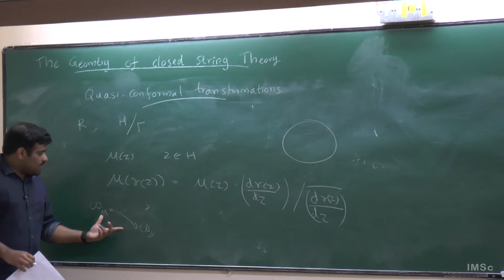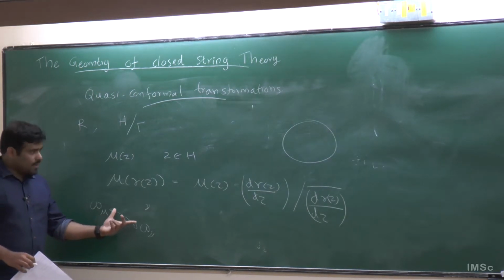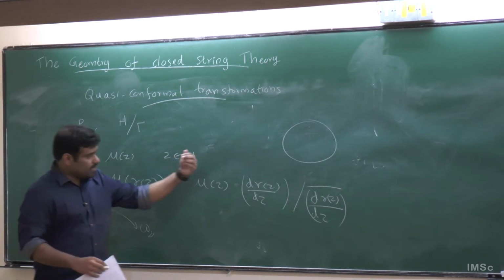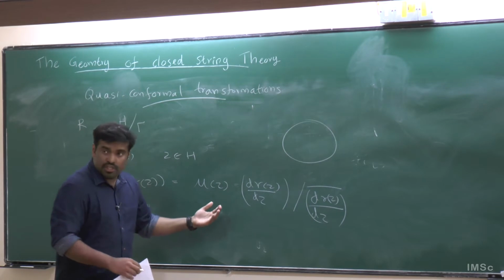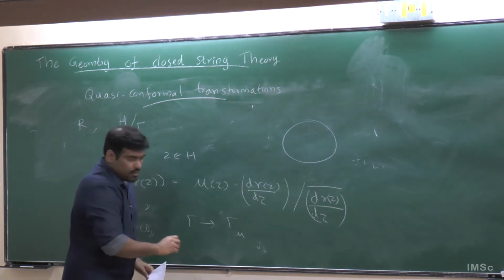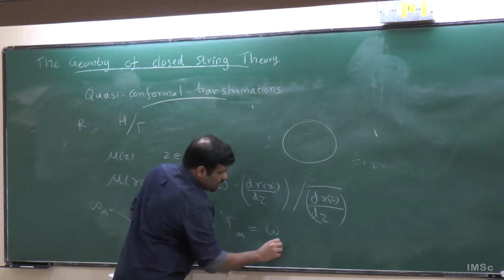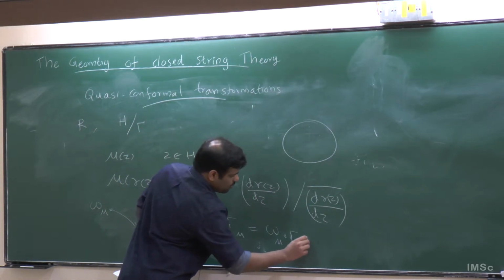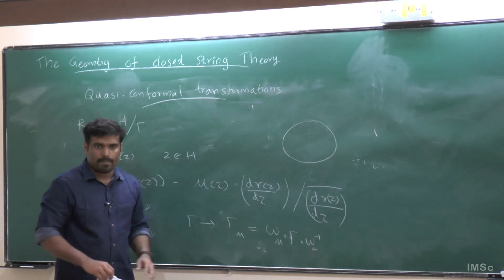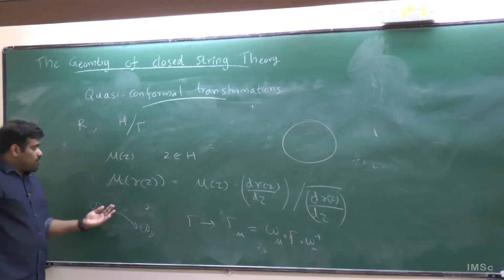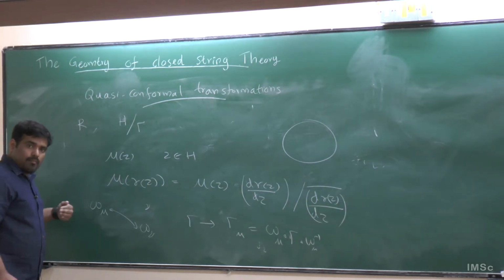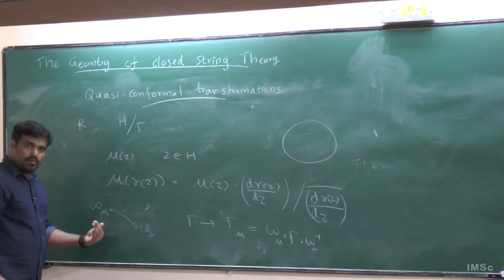So I could take these two transformations and apply them on the upper half plane. That will change the Fuchsian group. So gamma will go to gamma mu, where gamma mu is omega mu gamma omega mu inverse. So you have such a transformation. So let's start with the Beltrami differential, find its quasi-conformal transformation, and apply it on the upper half plane. That will change the